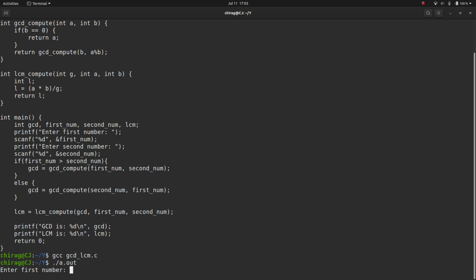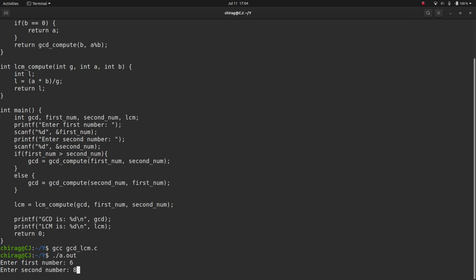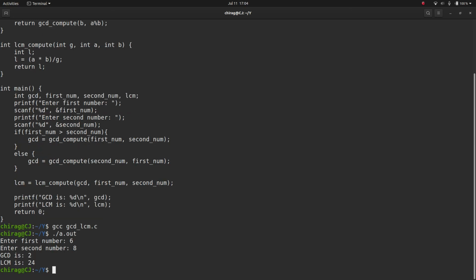Let's run it. Let's try it for the input 6 and 8. We know that GCD for 6 and 8 should be 2, and LCM should be 24. So let's check. Yes, GCD is 2 and LCM is 24.